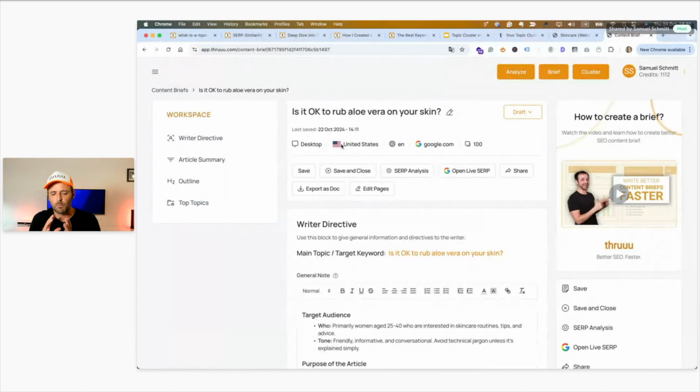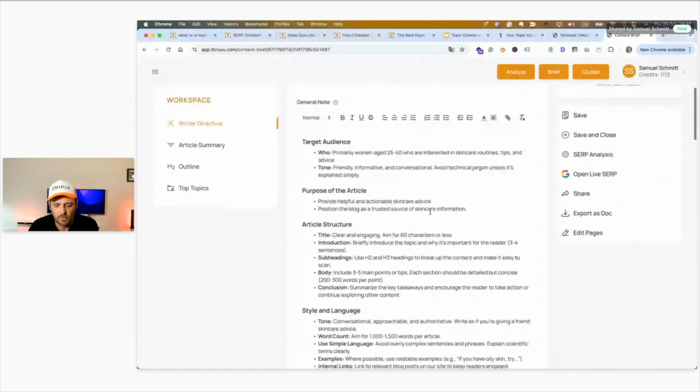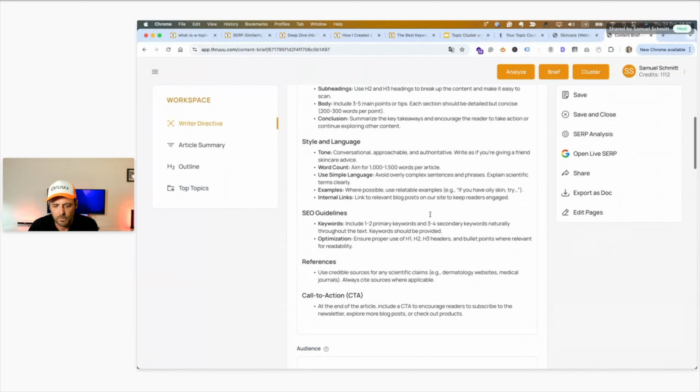So I won't be able to go into detail of that, but what I want to show is that you can basically start from the keyword cluster selection. You select your topic, you analyze your content, and then you can move to the creation of the content brief. Here, you have different elements. You can share with the writer